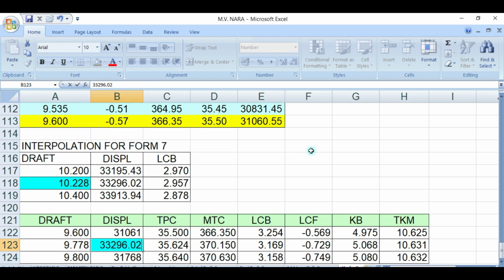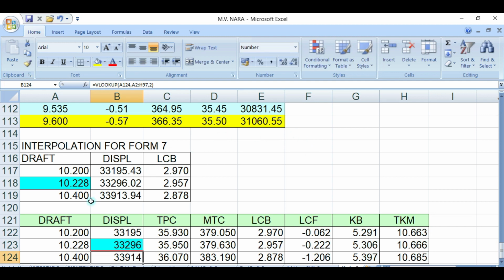You will have the same graph for 10.228, and the displacement will be 33296. Okay, then you will have the TPC, the MTC, LCB, LCF, KB. It is already interpolated, but what we would like to have is only this displacement. That will be 33296, for a draft of 10.228.